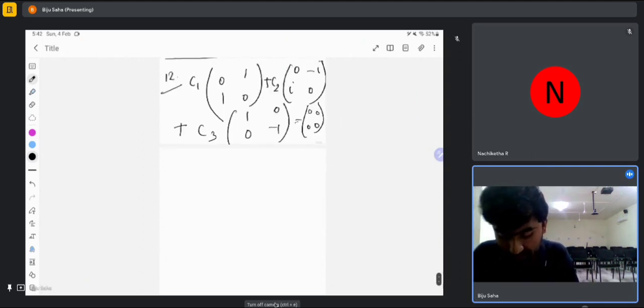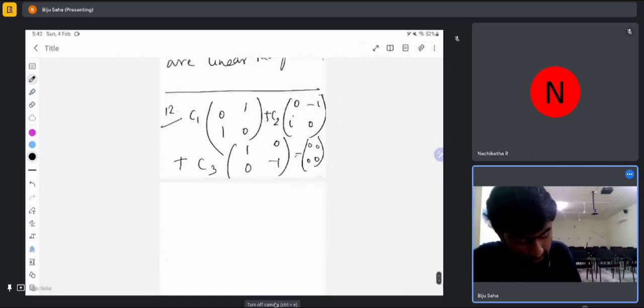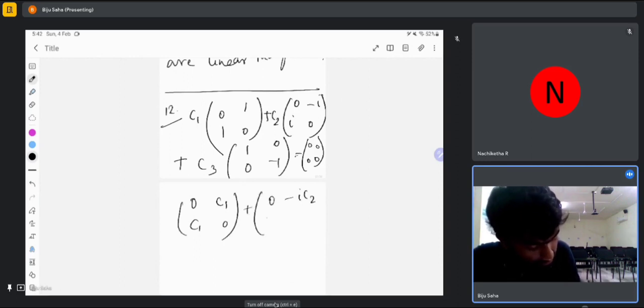So this matrix equation gives me, I would write this equation in this fashion: 0, c1; c1, 0; plus 0, minus i c2; i c2, 0; plus c3, 0; 0, minus c3; equal to